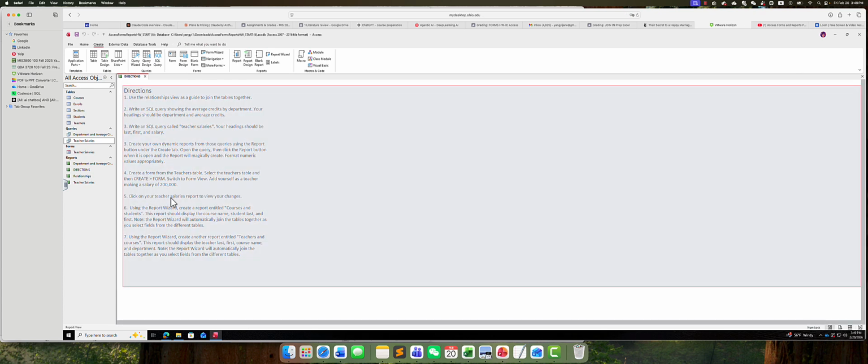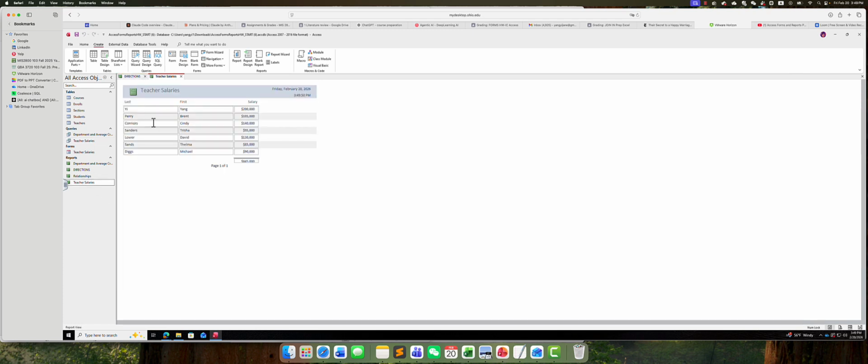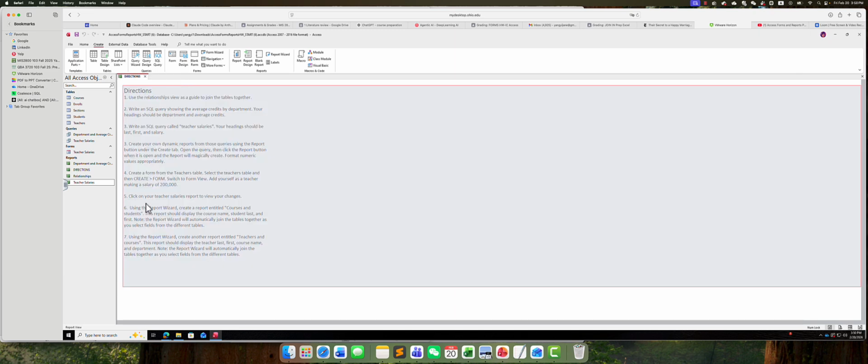Okay, click your table to review your changes. So we go to the report. We can see my name here. So you can see when you add an input, it automatically, dynamically changes your table's input and also your reports' input. Let's move to question number